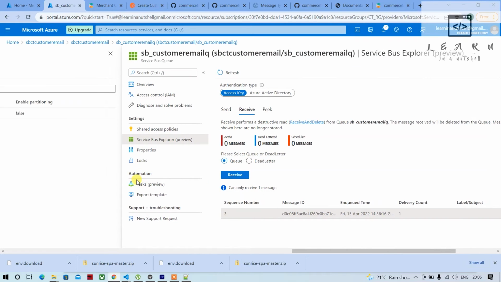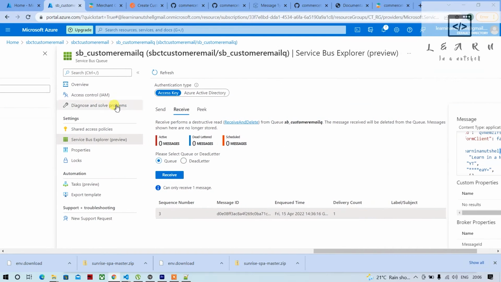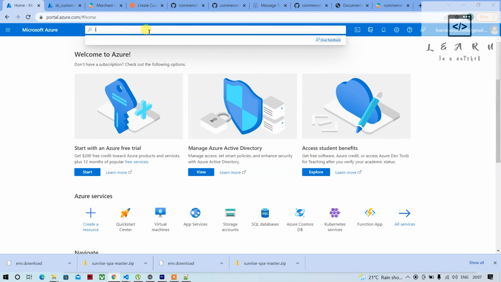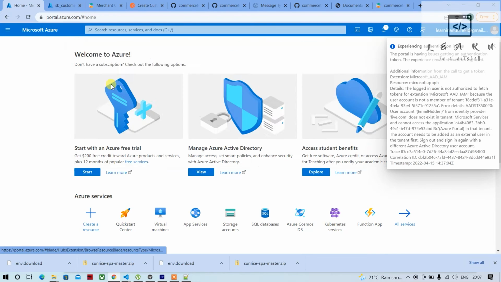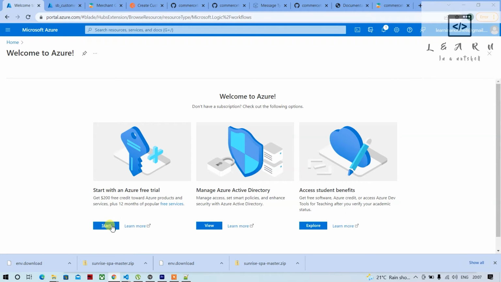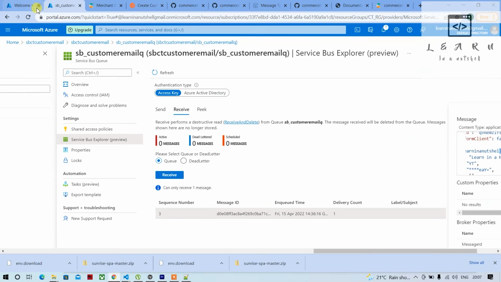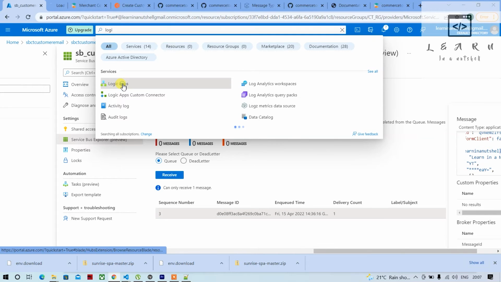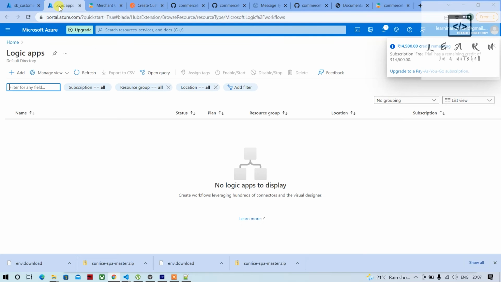So next what we'll do is we'll open the logic app. So we have successfully connected CT and stuff. So what we'll do is we'll search for logic app. As I told, I'll be using logic app for this. Just ignore this message. Okay, maybe I'll have to go from this. That's a welcome page. So from here, if I search for logic app and open it in a new tab,